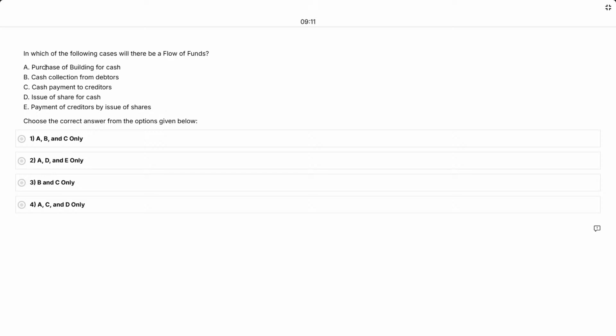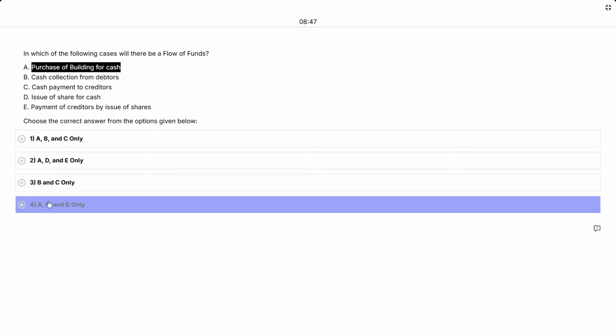ओके, फ्लो ऑफ फंड्स याद है, फ्लो ऑफ फंड्स या तो वर्किंग कैपिटल बढ़ना चाहिए, जो होगा एप्लिक, पहला कुछ तो होगा, सोर्सेज ऑफ फंड्स होगा और यूज़ ऑफ फंड्स होगा, जहाँ कम हो रहा है वर्किंग कैपिटल, तो हम दोनों। परचेज ऑफ बिल्डिंग फॉर कैश, वर्किंग कैपिटल बढ़ेगा या घटेगा? यस, ये तो होगा।